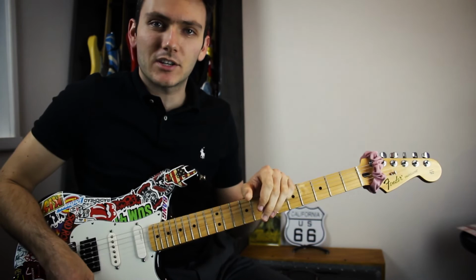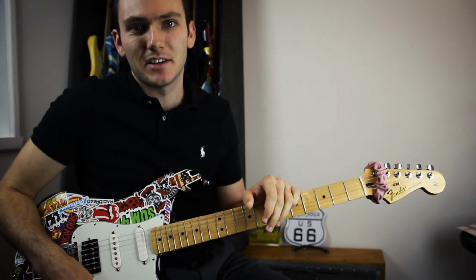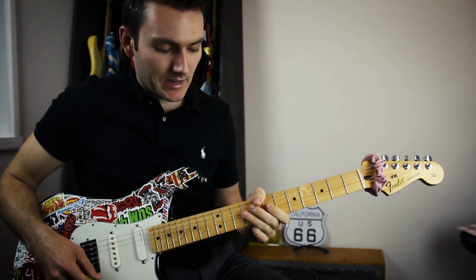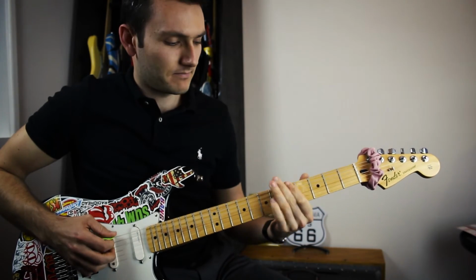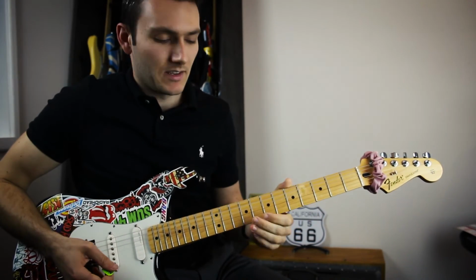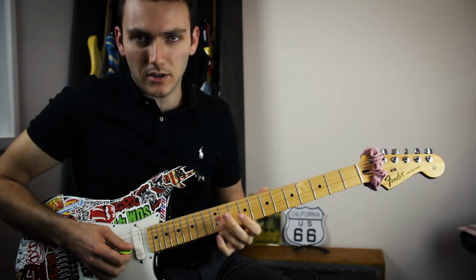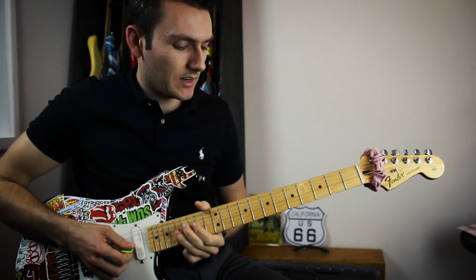Alright, so now we're onto the section that I like to think of as kind of like a falling down the stairs sort of sound, which is like a Steve Vai inspired thing. So in this section it's all just E pentatonic. And we're sliding down on the G string. We're just hitting no particular note, just up around maybe the 15th fret, 16th fret, hitting there and sliding down